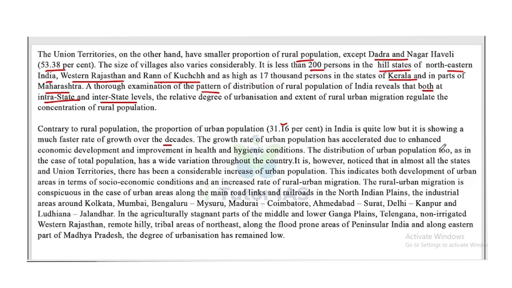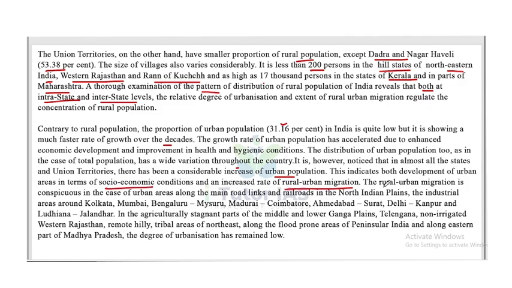The distribution of urban population too, as in the case of total population, has a wide variation throughout the country. It is, however, noticed that in almost all the states and the union territories, there has been a considerable increase of urban population. This indicates both development of urban areas in terms of socio-economic conditions and an increased rate of